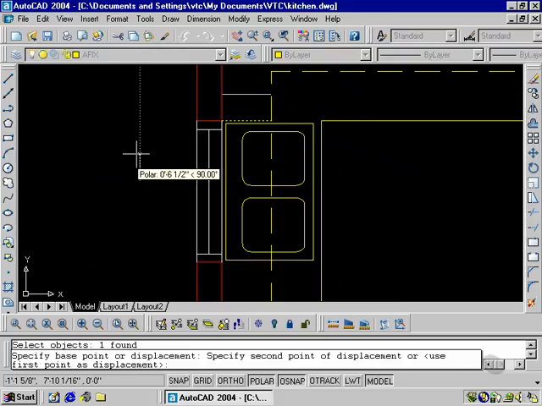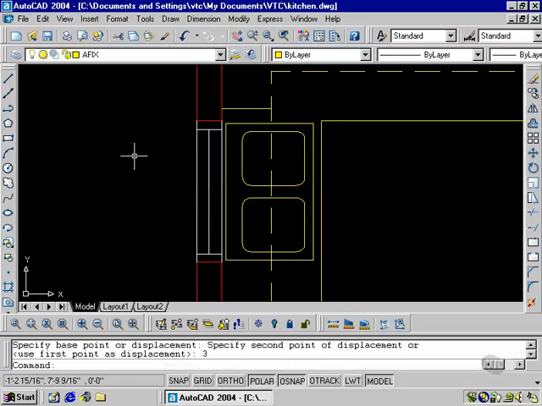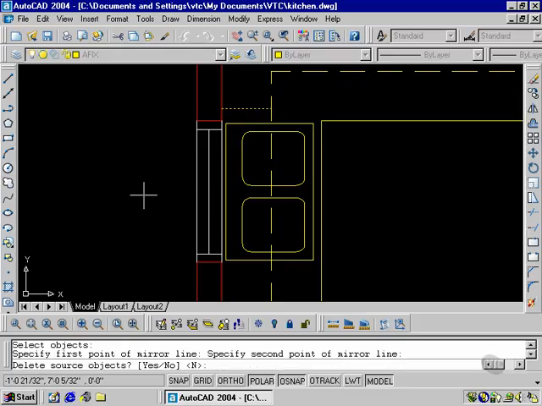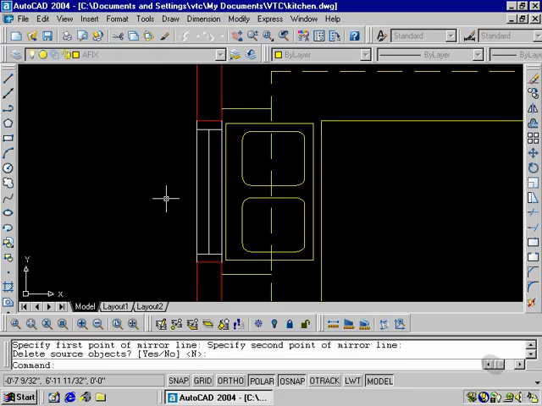And now I'm simply going to move this line by picking it, specifying a base point. I'll pick it out here. I'm going to take it up by, let's say, 3 inches and enter. And then I'm going to mirror this line, and I'm going to use the middle of this window, taking it over to the other side, and I'm going to trim,